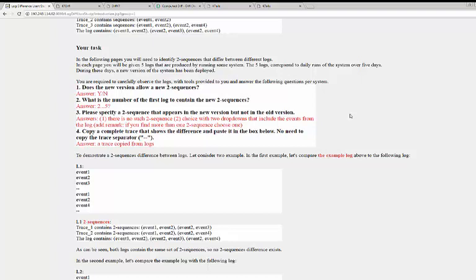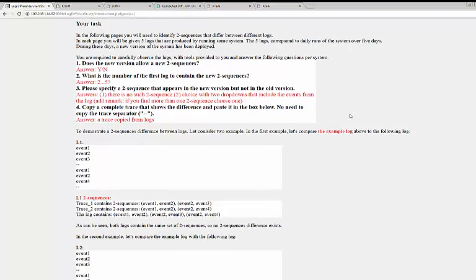If you don't find any 2 sequence, just mark 1. If you find more than one 2 sequence, you can simply specify one of the 2 sequences. We'll have a drop down to mark the events. Lastly, if you find a 2 sequence, please copy a single trace that shows this 2 sequence and paste it